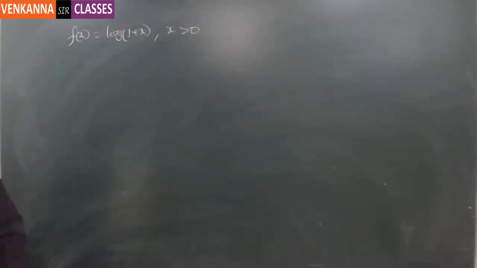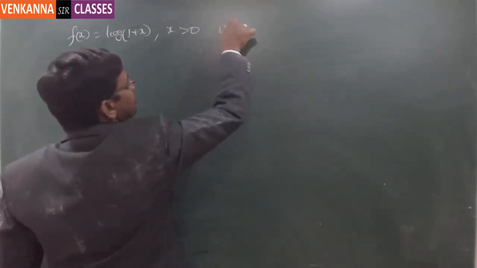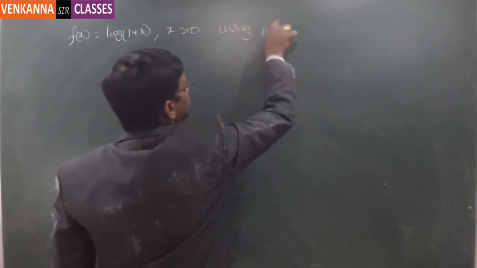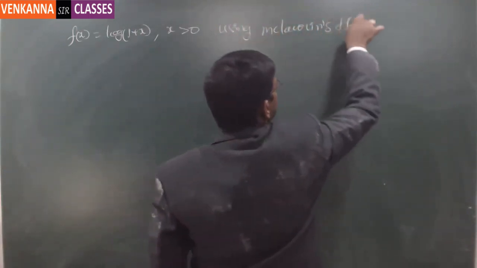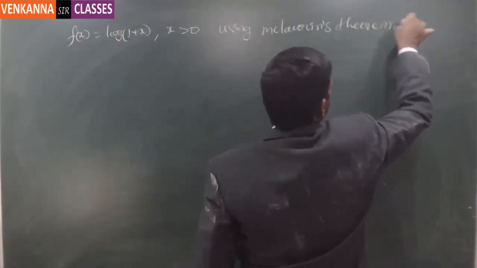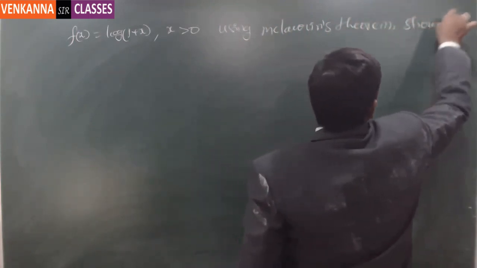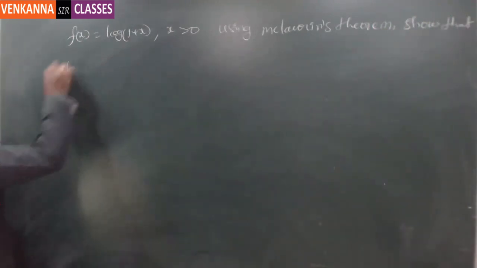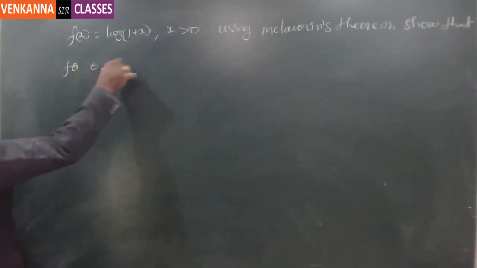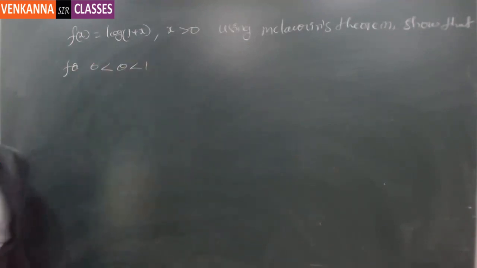Using Maclaurin's theorem, show that for 0 less than theta less than 1,